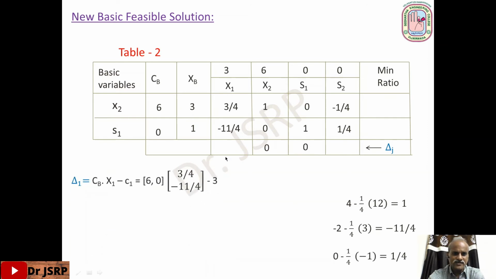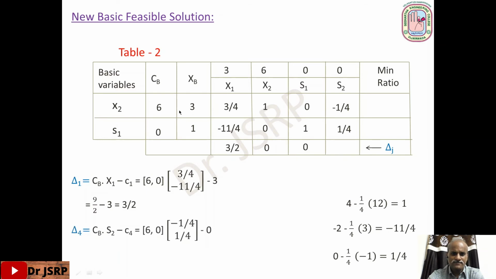So delta 1 value, this column into this column. So 6 into 3 by 4 plus 0 into minus 11 by 4 minus 3. So this is 6 into 3 by 4, that is 9 by 2, this is 0 minus 3. So 9 minus 6 by 2, 3 by 2, this is 3 by 2. And here,